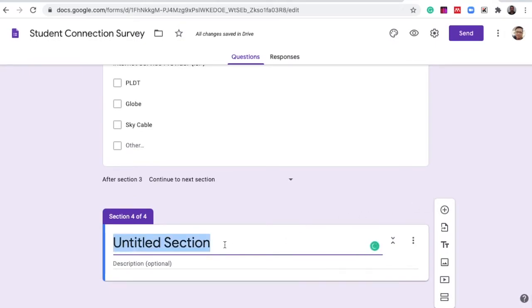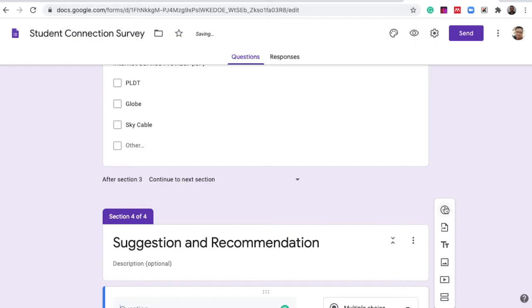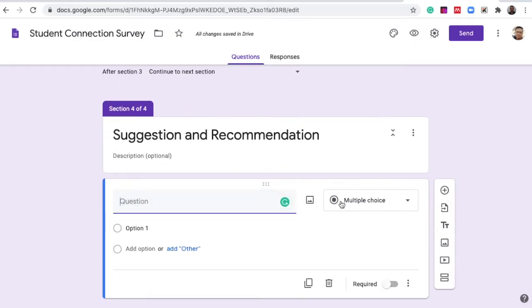This is intended for suggestion and recommendation. This is the recommendation section. Yes. Then again, you can use your option to add the description, but in my case, I'm just going to add one survey item here. Okay, let's have here